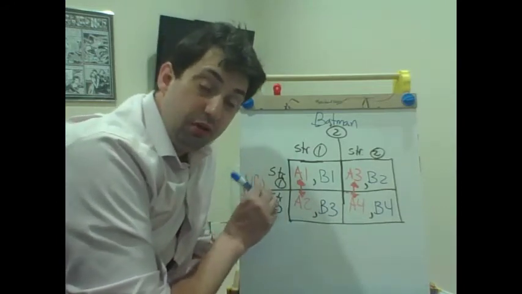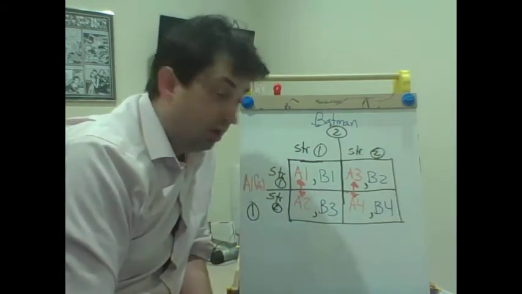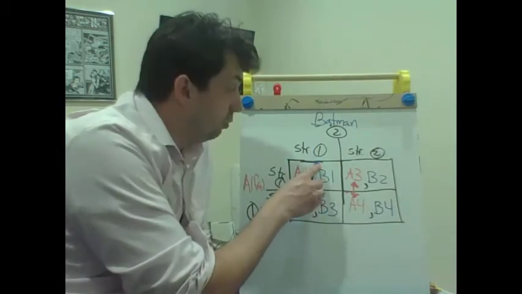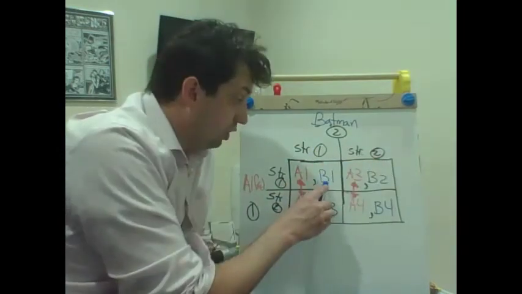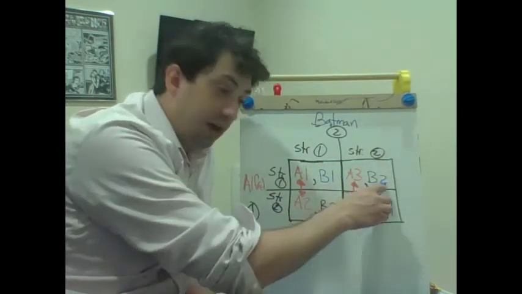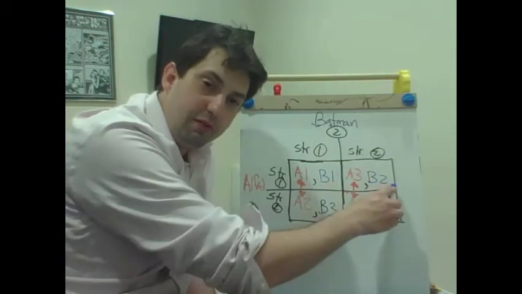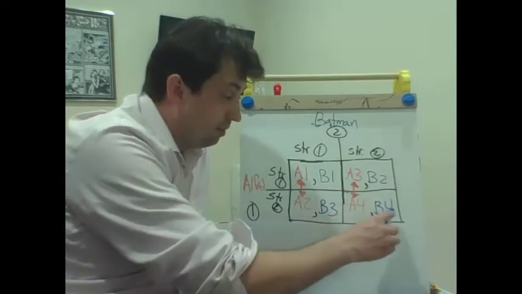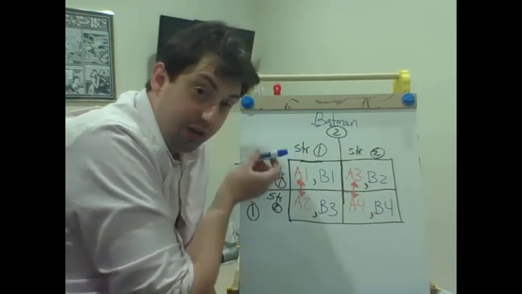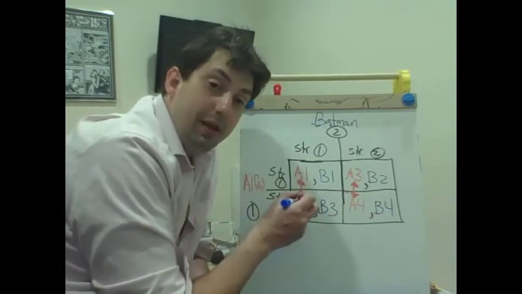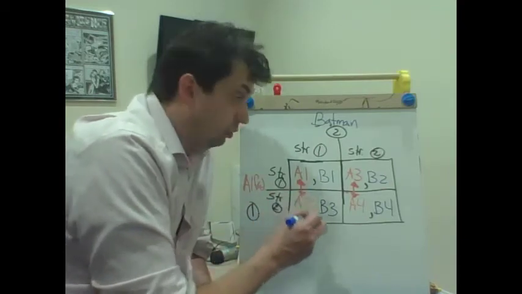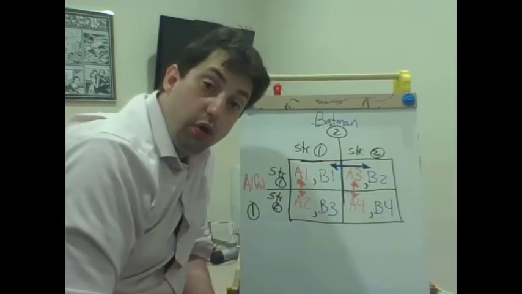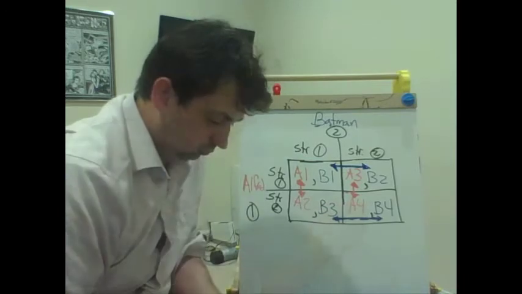Batman does not determine the row, Batman determines the column. So if he chooses from strategy 1 to strategy 2, he will go from a payoff of B1 to a payoff of B2. Or he'll go from a payoff of B3 to a payoff of B4, depending on what Alfred does. So Batman always compares 1 and 2, or 3 and 4.